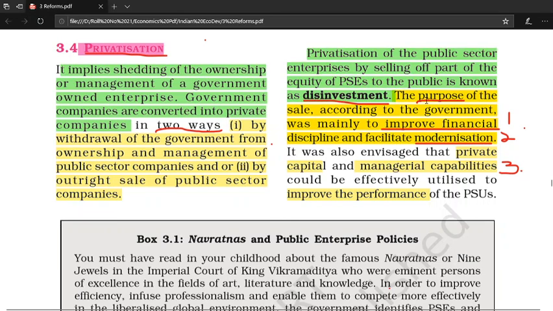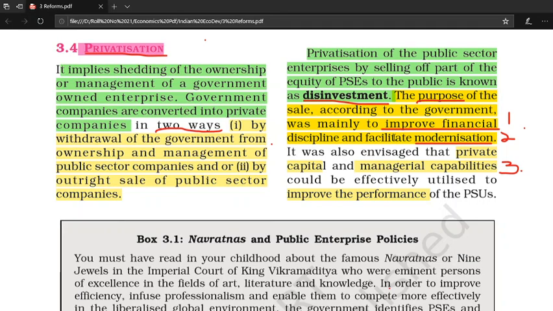The purpose of the sale, according to the government, number one, is to improve financial discipline, because they get capital from the market. New investors co-own as the new shareholders. There will be an improvement in financial position because they get funds from outside the system. They can facilitate, number two, modernization. So these are the two important purposes of disinvestment: to get more financial discipline with the help of investors, and secondly more funds